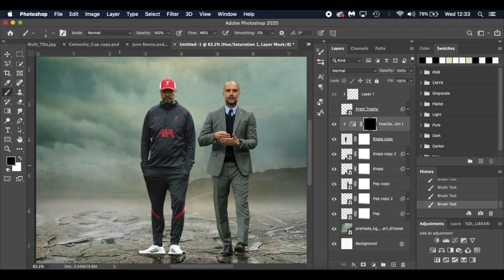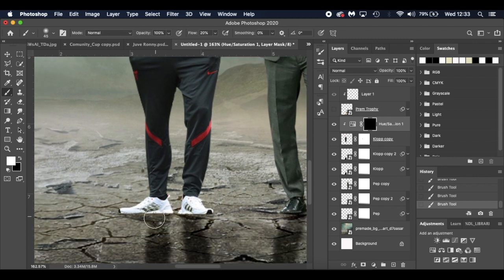Apologies, so yeah, go back to this hue saturation layer there, and I'm going to come out, and make sure I've got white selected over here. Brush tool, I'm going to start at 20% flow, so I like to use the flow rather than the opacity, and I'm just going to paint on his feet, so I'll start down low. Again, if it's too strong or anything, press Command Z,